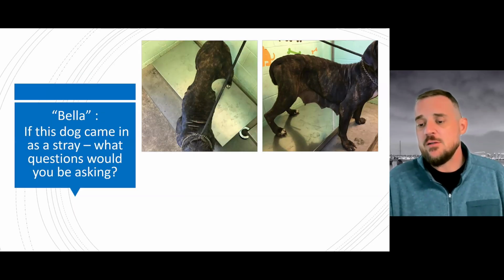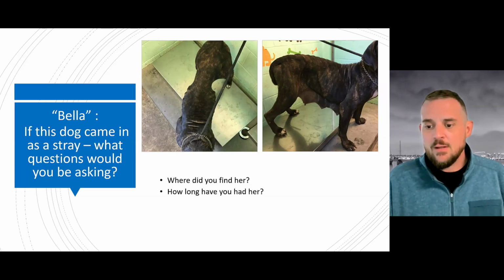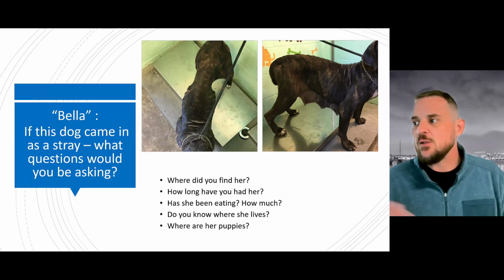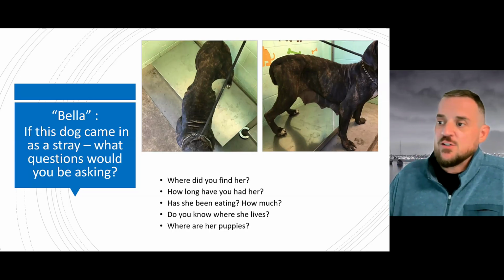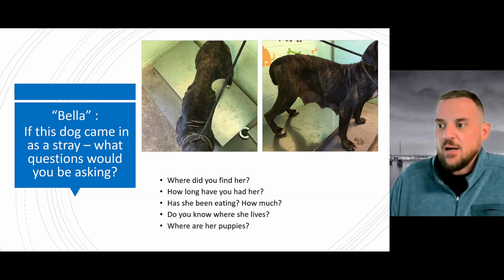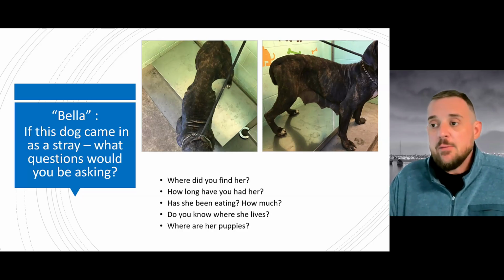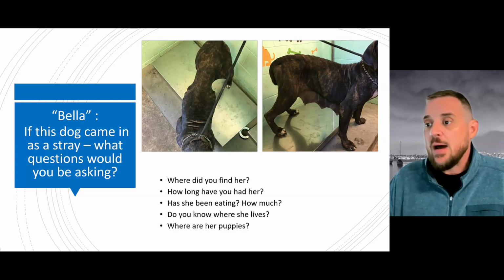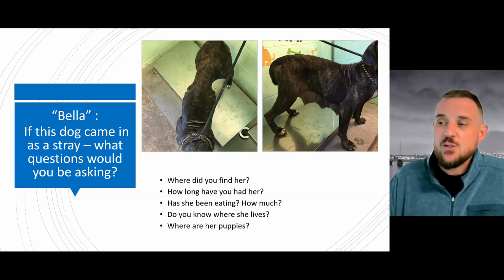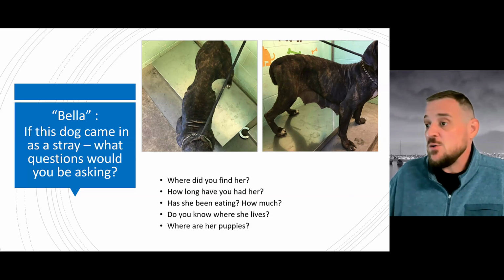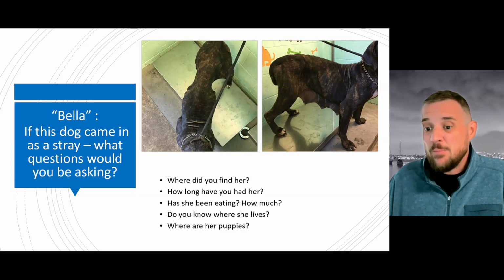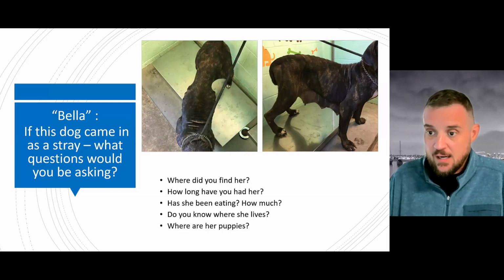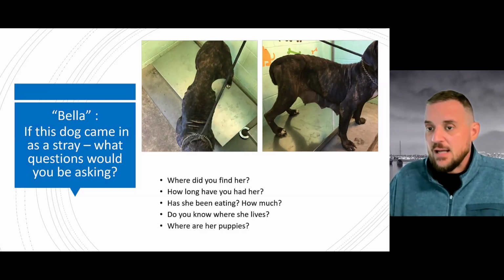But this one has another key question. We're going to really want to know if they know where her puppies are, right? Because we can look at this dog and see that she most likely has puppies somewhere. And so that's going to be one of our additional questions to hopefully better understand what's going on with the situation, because we may be in a situation where a field team needs to go out and try and find the puppies, or we may be in a situation where puppies are being weaned too early because of some type of issue in the household. We might say we're really worried about the puppies, and we'd really like to figure out the best way to get her back with her puppies so that the puppies are able to be taken care of, and dig into information using that line of questioning for the